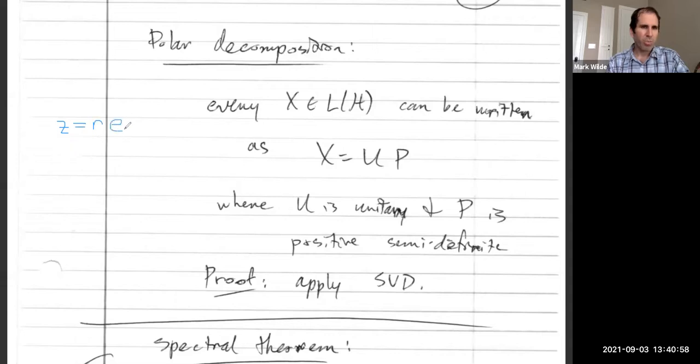So a complex number, you can write in polar form like this. This is the magnitude, this is the phase. The magnitude is non-negative, and this complex phase is on the unit circle. So the polar decomposition generalizes this polar form, right? The positive semi-definite operator generalizes the magnitude,